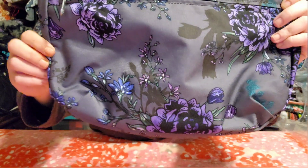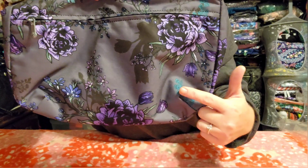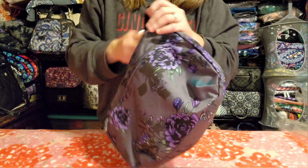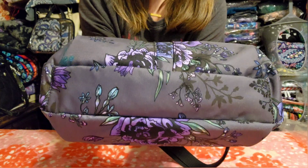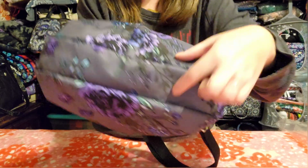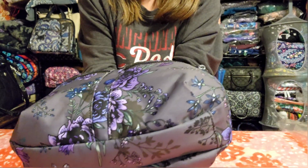And like on that vintage Vera Bradley wristlet I showed y'all, this has those little, I don't know what they're actually called, but they're these little angled seams. So it gives you more room, or it allows the bottom of the bag to actually expand quite a bit. So you have a really good amount of depth on this bag, even though the base only looks like it's about this wide, the way that those seams are put in there,